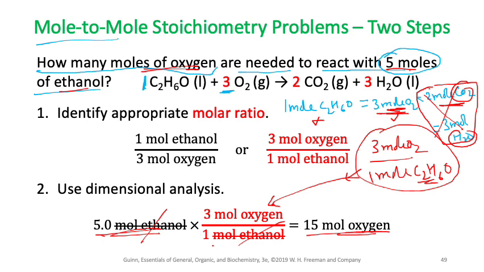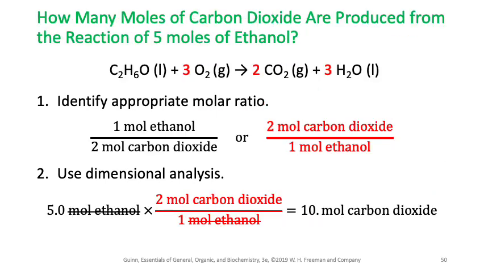Okay. So let's try to do one more problem on this, and then this will help you to understand much better, right? Okay, so it's the same reaction that we used in the previous part, but now the problem is different. It says how many moles of carbon dioxide are produced. So that means you have to tell me how many moles of carbon dioxide you can produce if you react 5 moles of ethanol. So again, from this chemical equation I can say